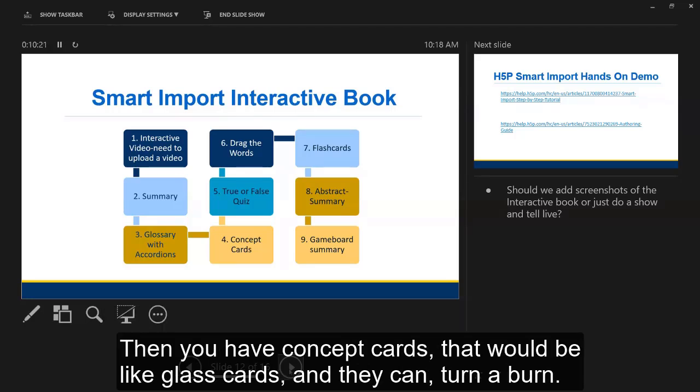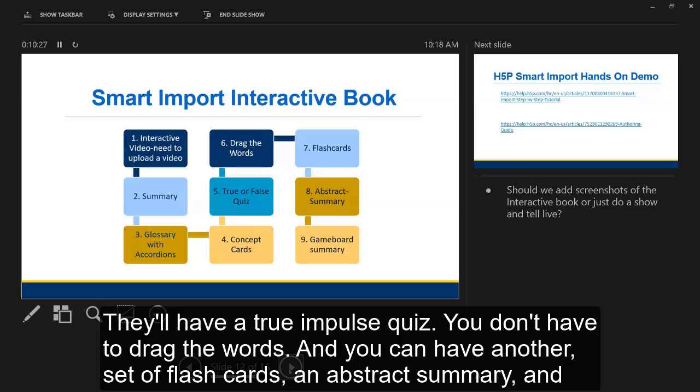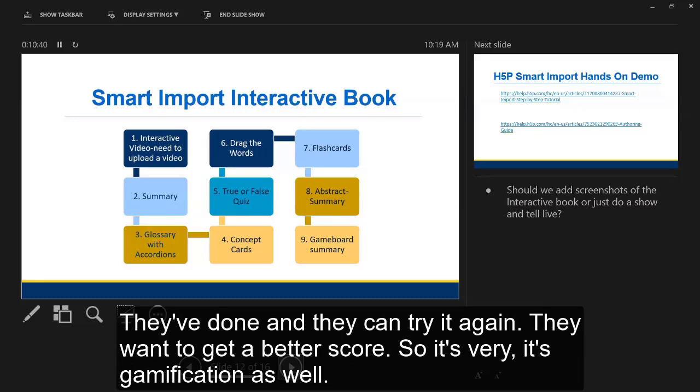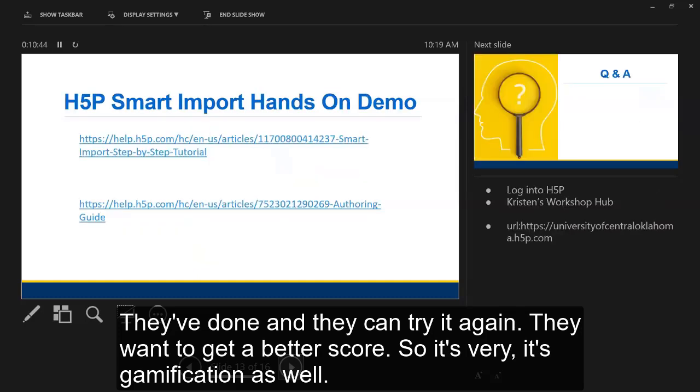Then you have concept cards, like flashcards that they can turn over. You'll have a true and false quiz, then a drag the words. Then another set of flashcards, an abstract summary, and a game board at the end where they can see how well they've done, and they can try it again to get a better score. So it's gamification as well.